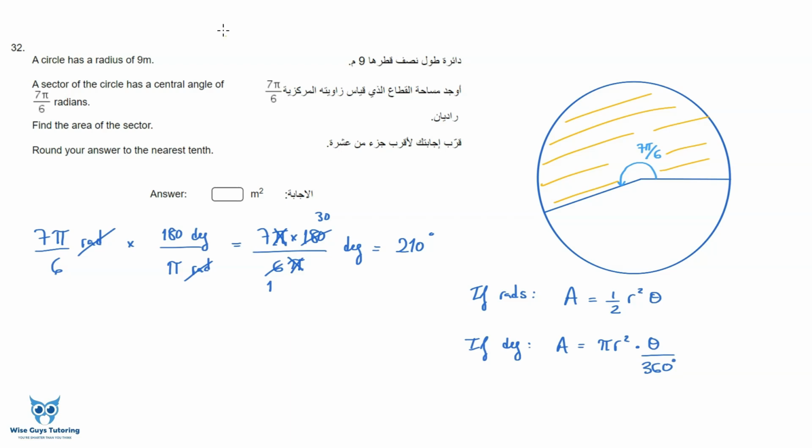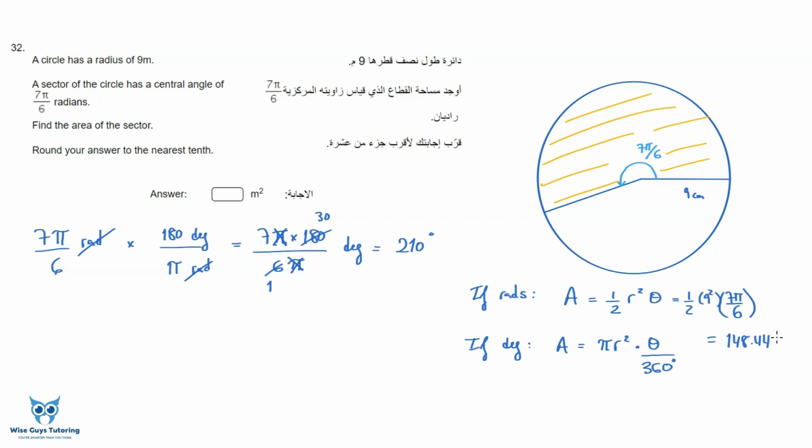Let's continue now. They asked us to find the area, and we already have the angle in radians, so we can just plug it in here. We also know that the radius is 9 meters. So you just put it in here. You say 1/2 times 9 squared times 7 pi over 6. And when you put that in your calculator, you will get